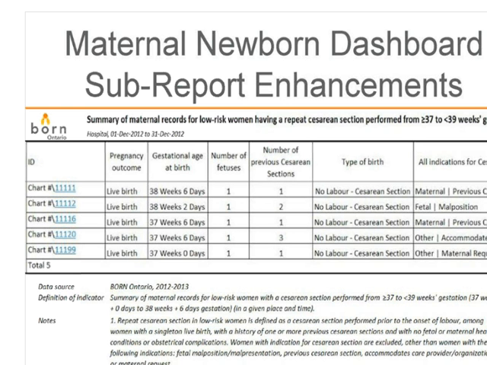The next thing, since this indicator is elective repeat C-section, we know that the number of previous C-sections has to be 1 or more. So it can be 1, 2, 3, or so on for a particular maternal record. The type of birth always has to be no labor C-section, in that the woman didn't labor, but she had the elective C-section. So that's the type of birth. And lastly, and this is the most important, these are all indications for C-section. So these are the possibilities that this indicator would pick up, and this is why these women are identified as being